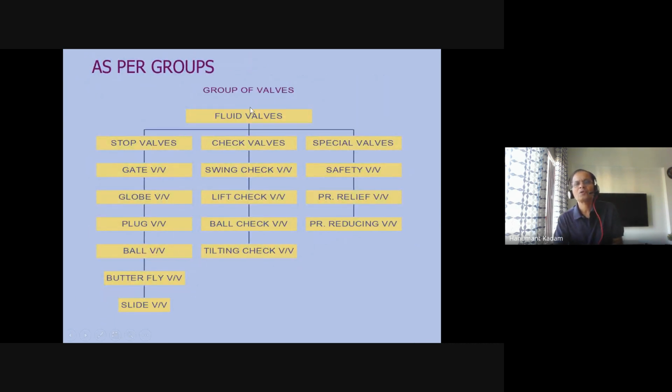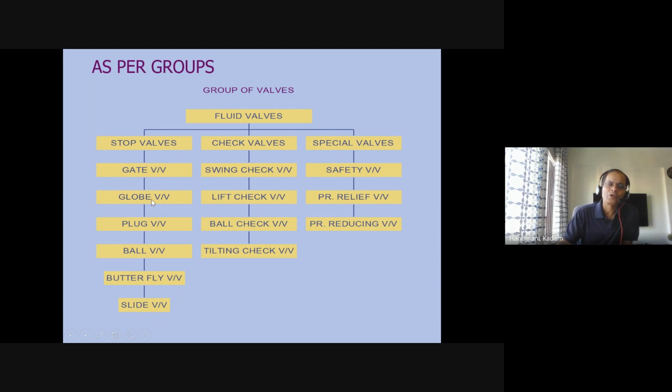As per the groups, you can see the fluid valves: stop valves, check valves, and special valves. Here you can see various types of stop valves: gate valve, globe valve, plug valve, ball valve, butterfly valve, slide valve. Check valves: swing check, lift check. And special valves: safety valves, pressure relief valves, pressure reducing valves. In instrumentation we maintain these valves, and in this category we use